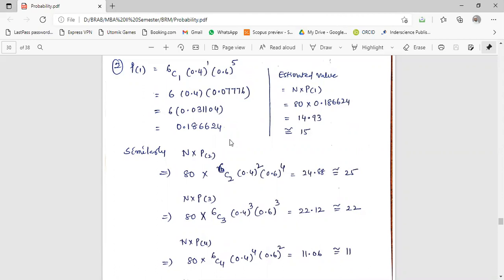And same. So P of 2, can anyone explain to me? P of 2 is equal to, you just explain in this way. Swarna. Yes, sir. P of 2 is equal to what you will write?